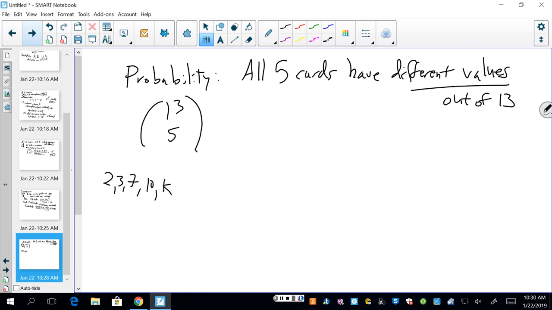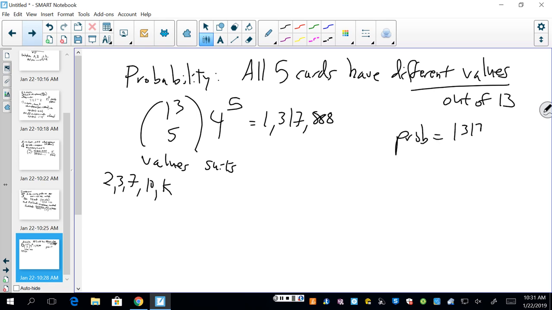Right? How many choices do we have for the number 2 to make it a complete card? 4. 4, right? How many choices do we have for the 3 to make it a complete card? 4 as well, right? And so there's 4 to the 5th choices for suits. So here we choose the values, here we choose the suits. And so that number ends up being 1,317,888. And so the probability of this is 1317888 over this other number,